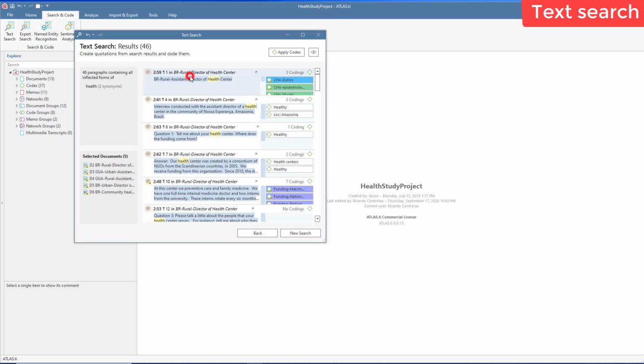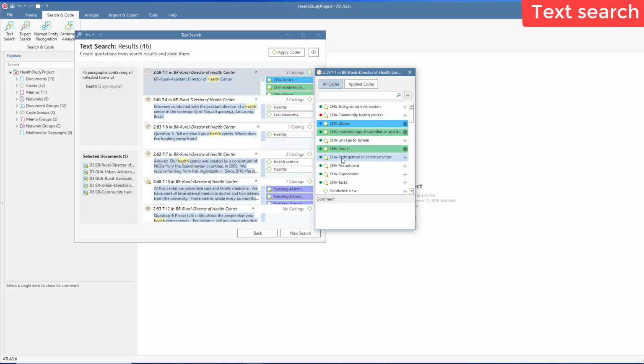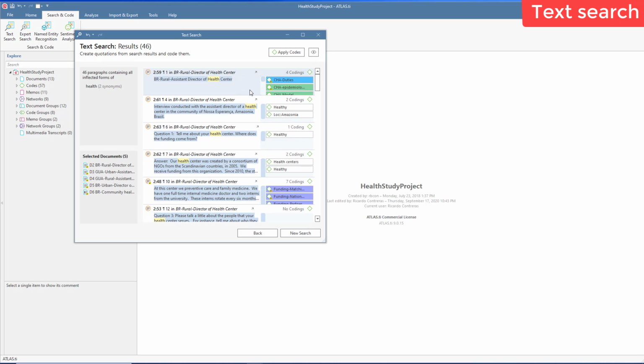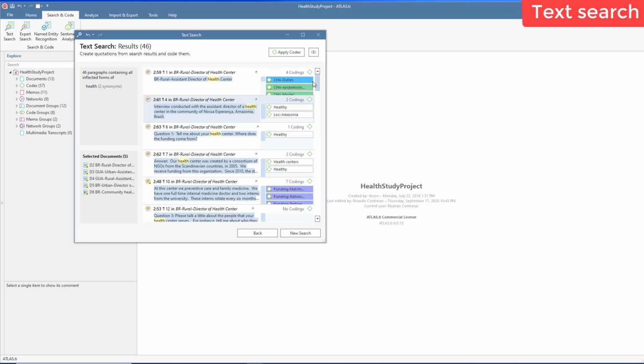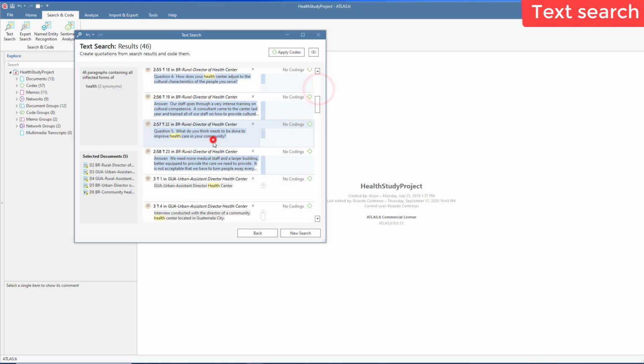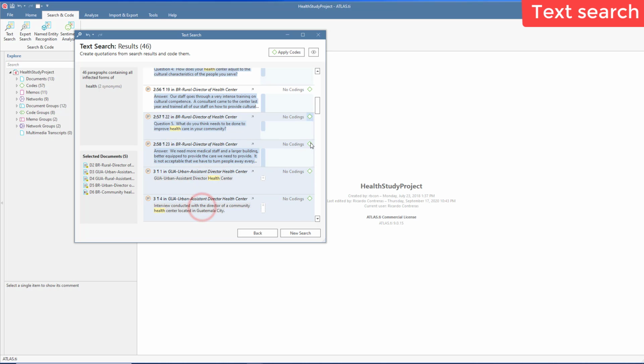One is I select quotation 259 that has the word health, and I can decide now what do I do with this. Do I code this with another code, healthy, for example, double click, and that has been attached to that particular quotation. I can select a number of those with control. You see, so you have the choice of